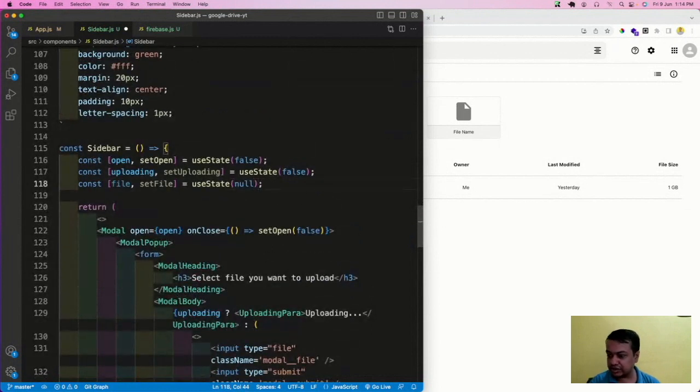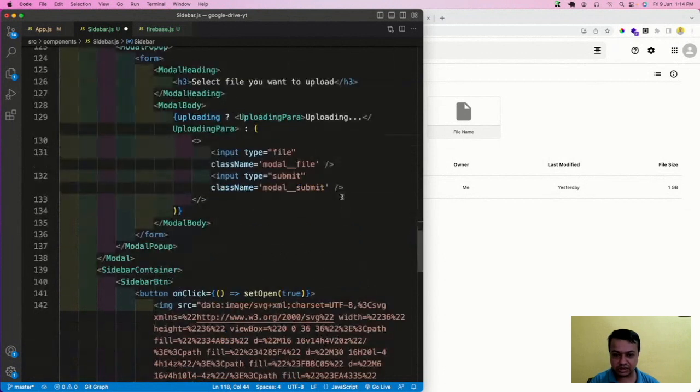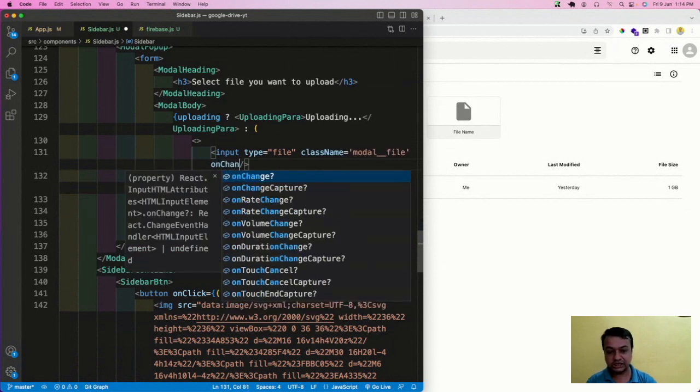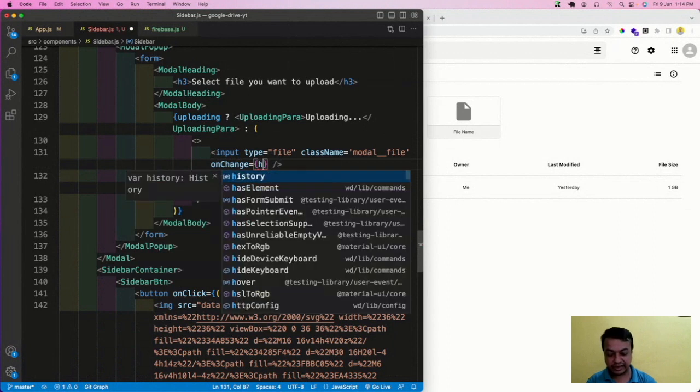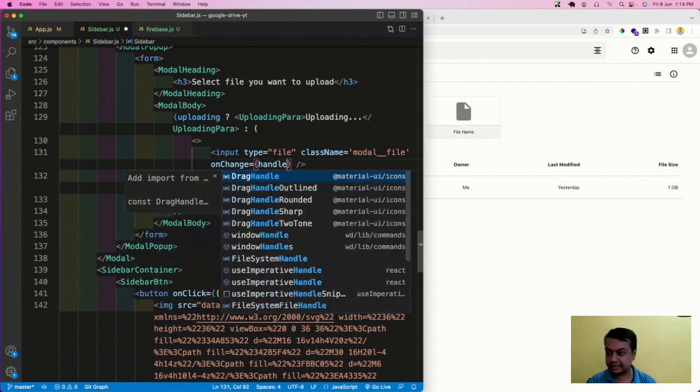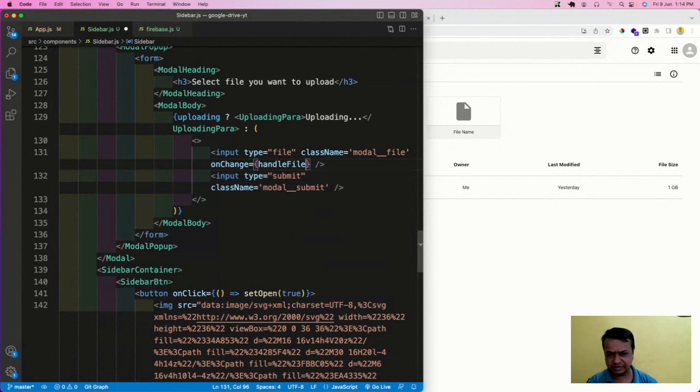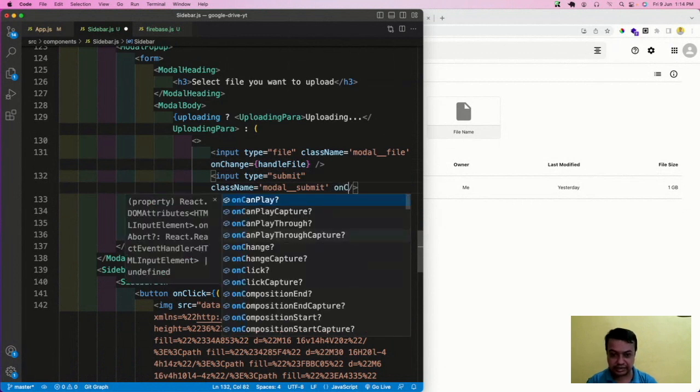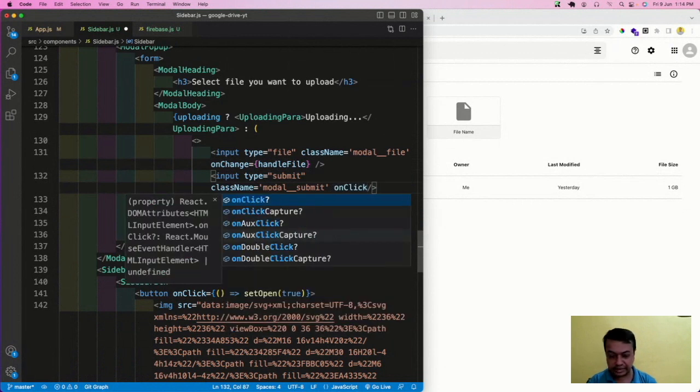Now I will create two things here. Input type file is an HTML thing. It is a very nice thing, you don't have to write a lot of code because of it. onChange equal to handleFile. This will be a function which we are going to create, and then here onClick equal to,